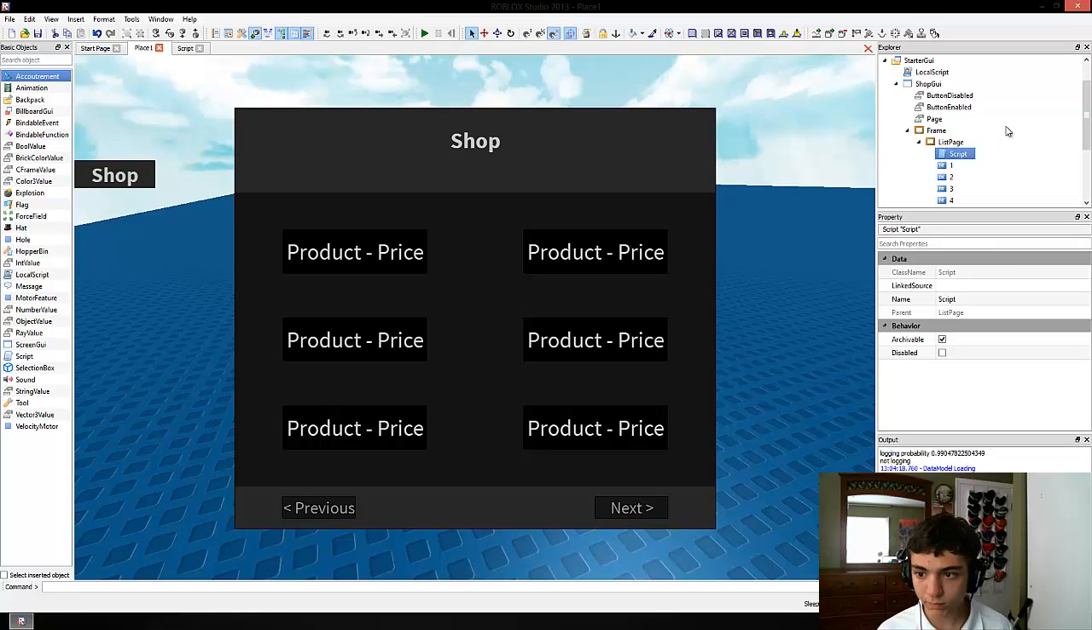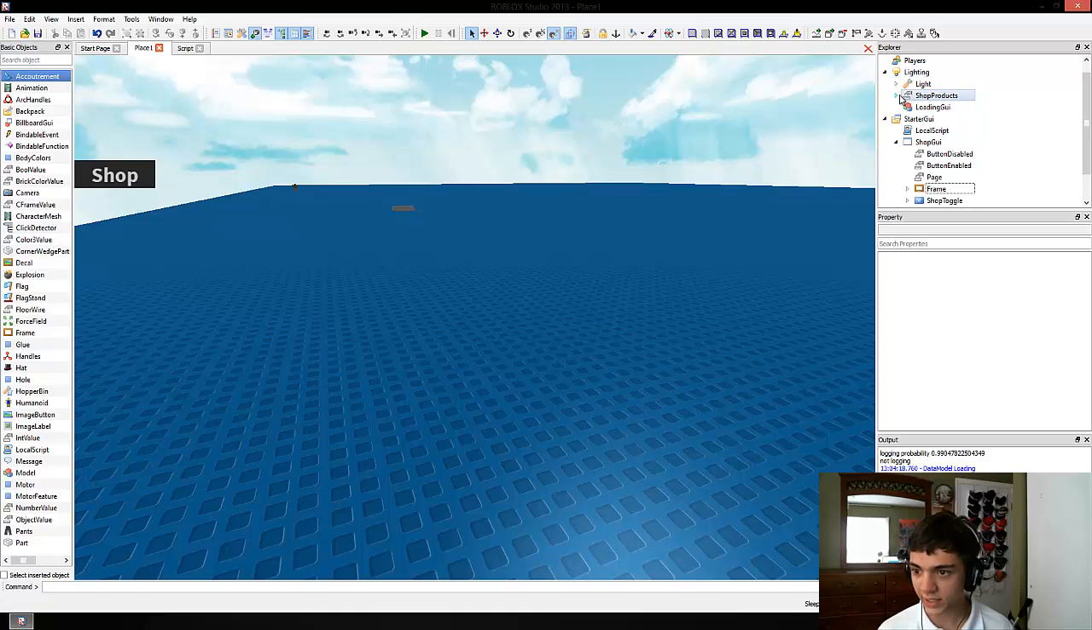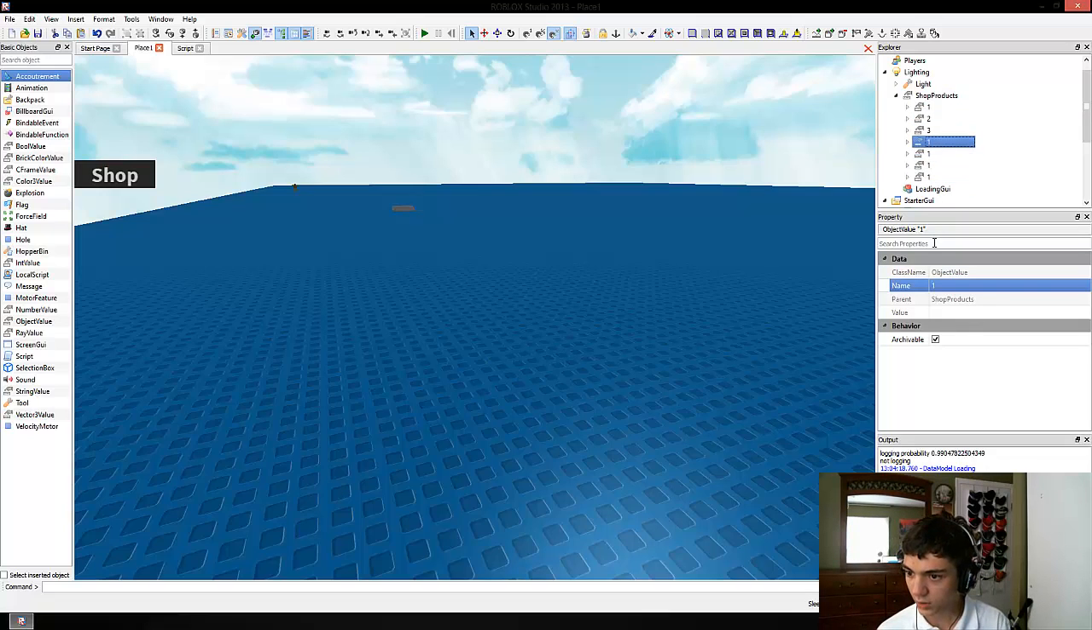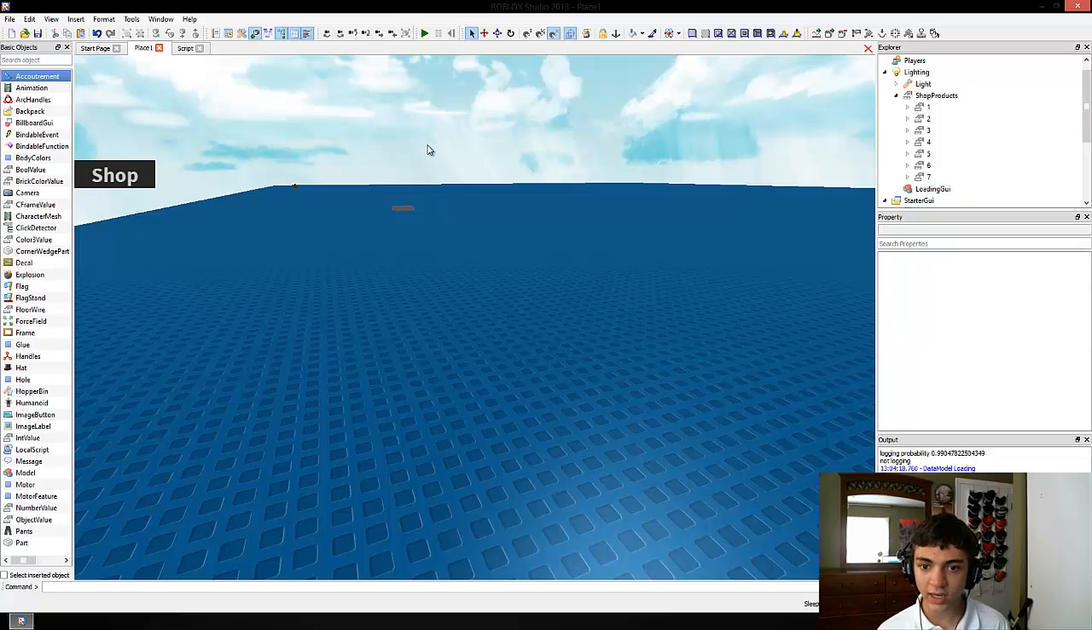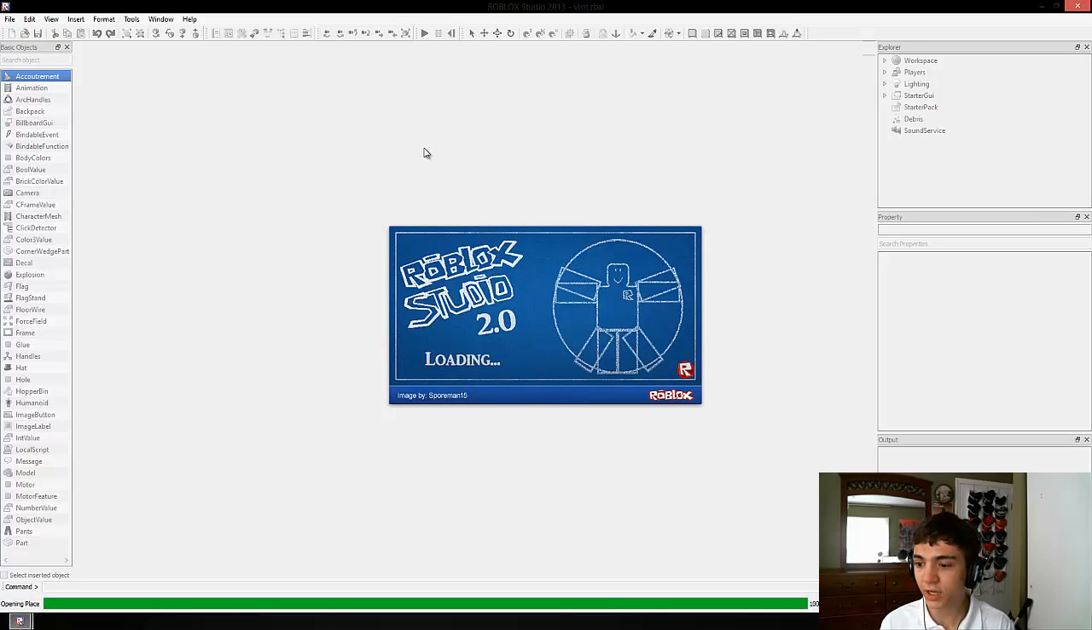And now when we hide this frame again, what we're going to do though is we're going to go to lighting, and in shop products we're going to copy 1 and paste it. Whoa. Hold on. 4, 5, 6, 7 times and rename it accordingly. 3, 4, 5, 6, 7. And now when we press F6 and we test this out, we should have our next button and previous button